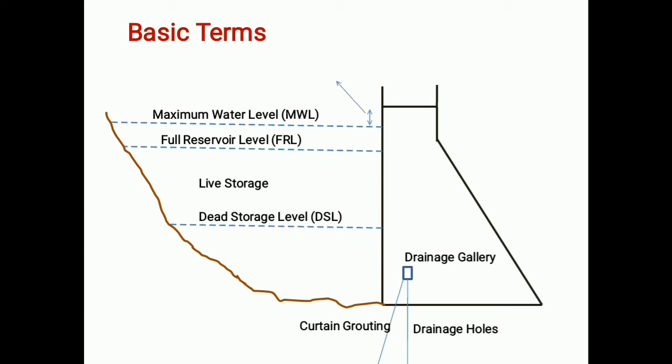So next term is freeboard. Like I already explained, the difference between the maximum water level and the dam top is known as freeboard. This consideration varies from dam to dam type. In earth dams, we will provide more freeboard, and also if less freeboard is available, then the parapet wall also we can use as a freeboard consideration. All this I will explain in the next lectures in detail.